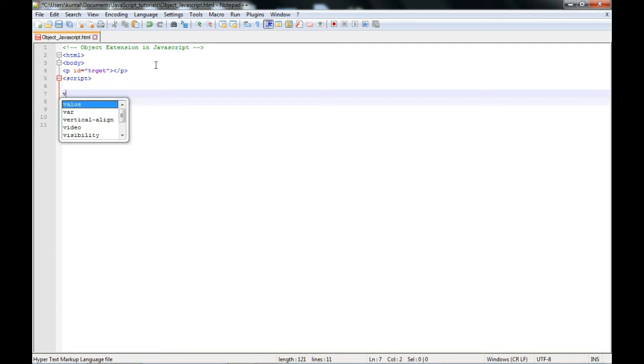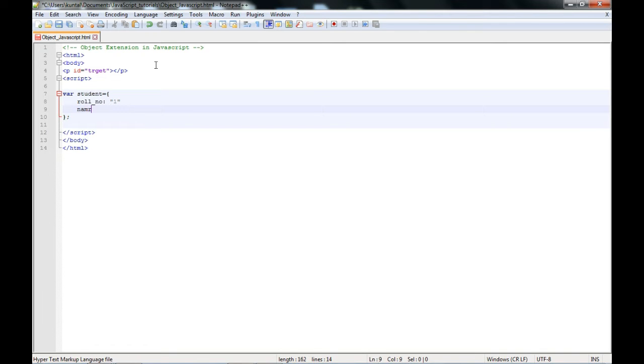So inside the script I am creating one variable. This is not a normal variable, but a JavaScript object variable. Here I am declaring and also initializing the variable. So this is one way to initialize a JavaScript object. Inside that variable I will mention the attribute names and the corresponding value for each attribute. As you know, a student has a roll number, let's say first name, last name and the department.